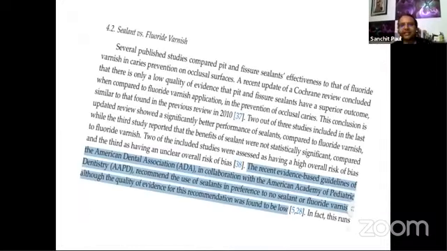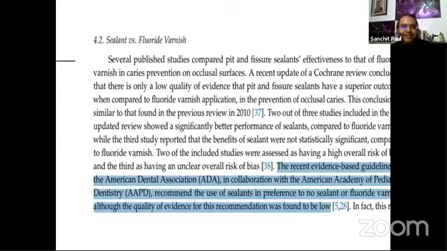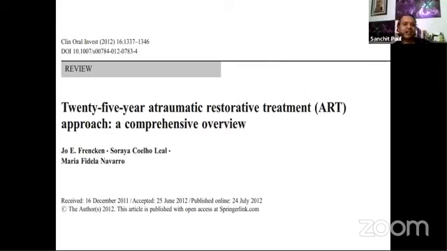Now, when we compare the sealants to other preventive strategies like fluoride varnish or SDF, what we have found is that it is much better than putting no sealant or putting only fluoride varnish. So through this platform, what we want to highlight is that Pit and Fissure sealant should be the mainstay of any preventive strategy in the mouth where the other teeth have caries or decay progress, and also we have some other teeth which are still not stained or affected.